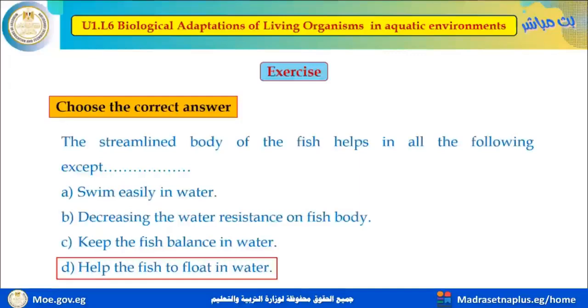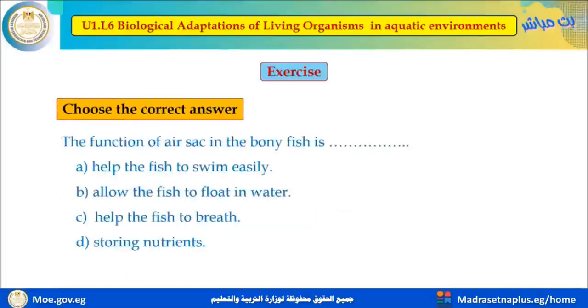Okay, so the question was about the streamlined body. We talk about the streamlined body of the fish, which helps in all the following except, yes, it cannot help the fish to float in the water. And the air sac or swimming sac helps the fish to float up or down. Okay,